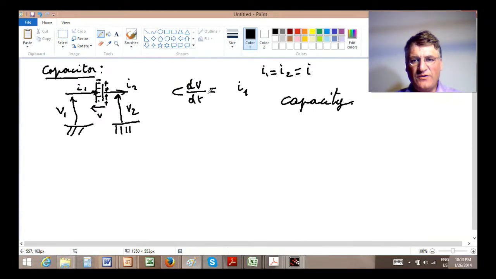So the more C, or in other terms, dV/dt is equal to I1 over C. So for a large capacity, the voltage grows slowly, and as a result, the voltage across the armature grows slowly,